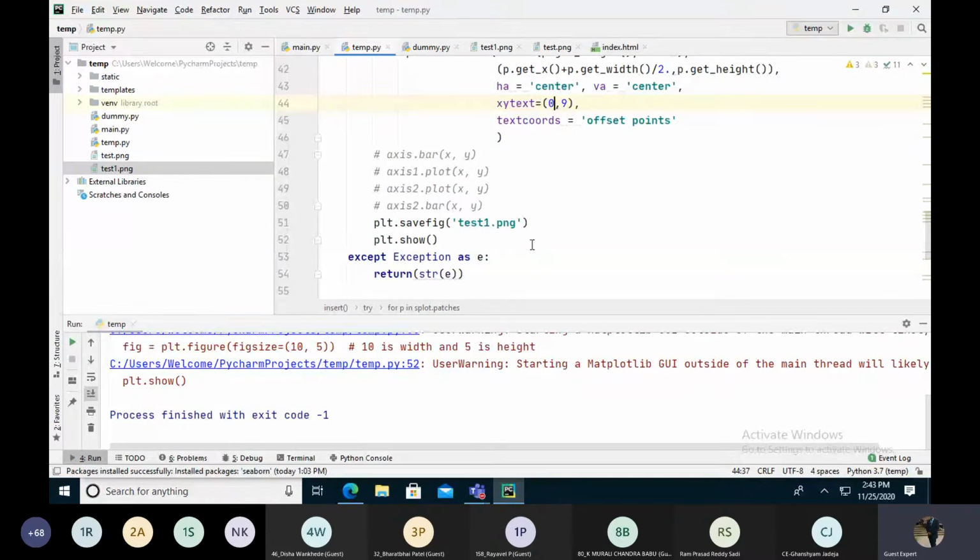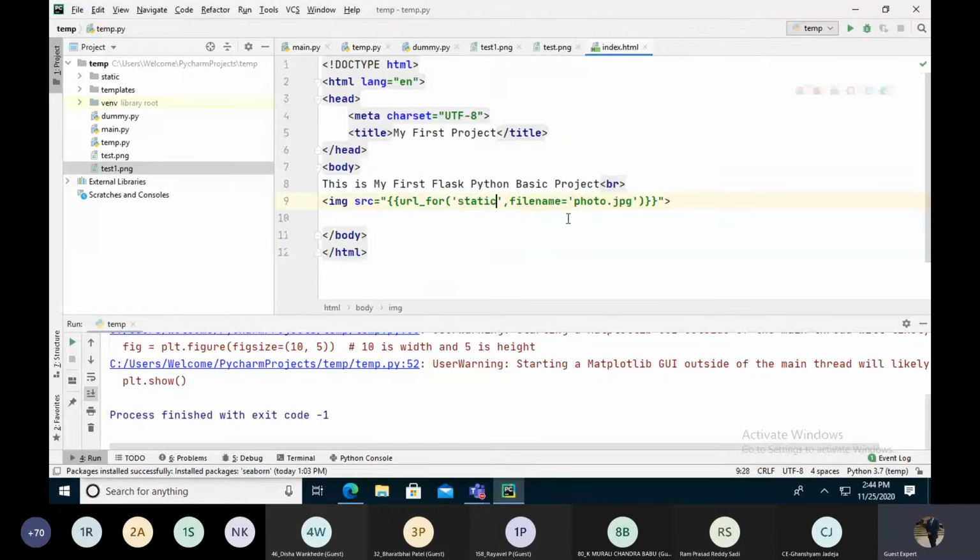So now, as we have saved the graph in test.png, we can also use this in render_template. Index.html, and we go to index.html.